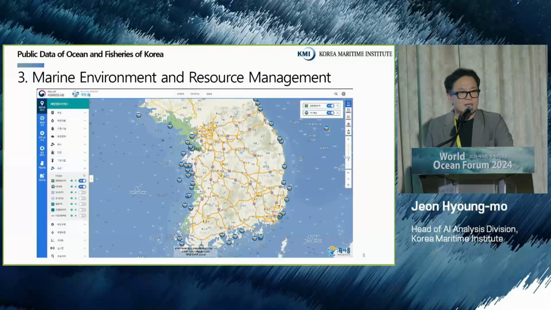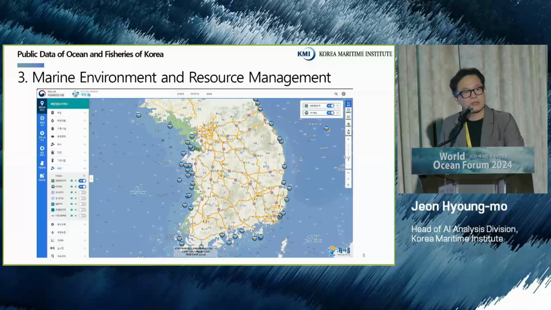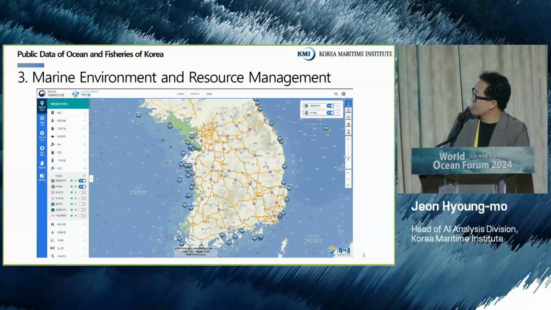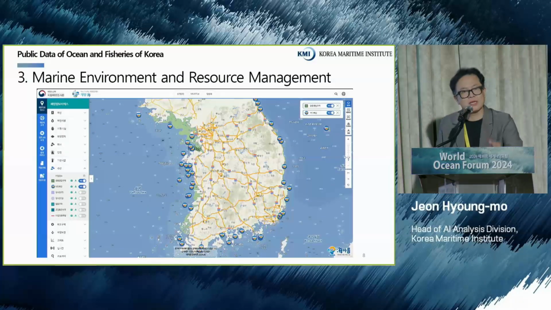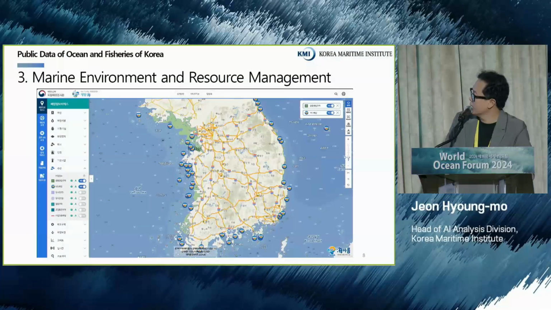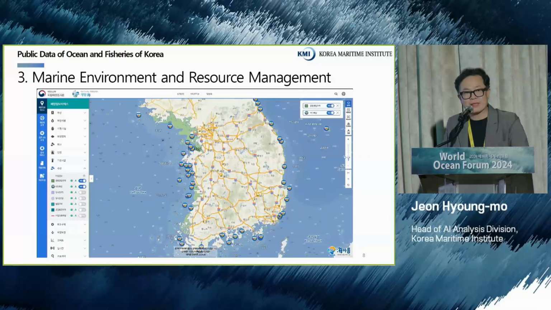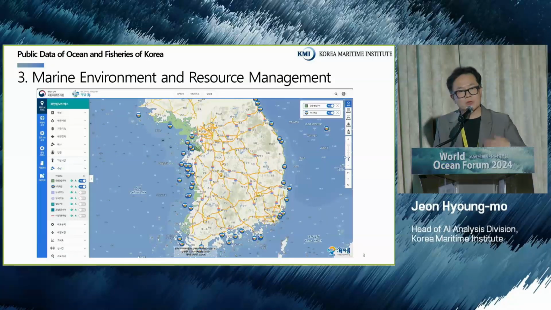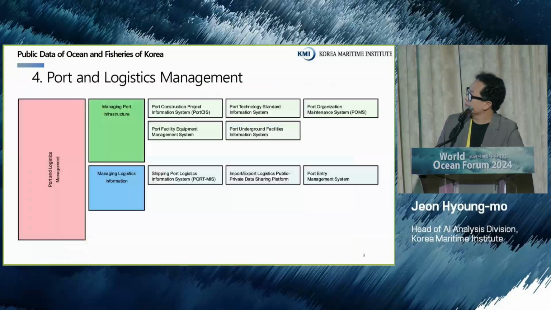This is the open sea data. This is the ocean map service. This is for public use. If you access this site, you can get a lot of data, for example, the names of the seas, marine safety directives, or marine forest information. On the map, you can check them. This is not for navigation. This is just to check a location or site. We made this site so that people can enjoy the sea environment.